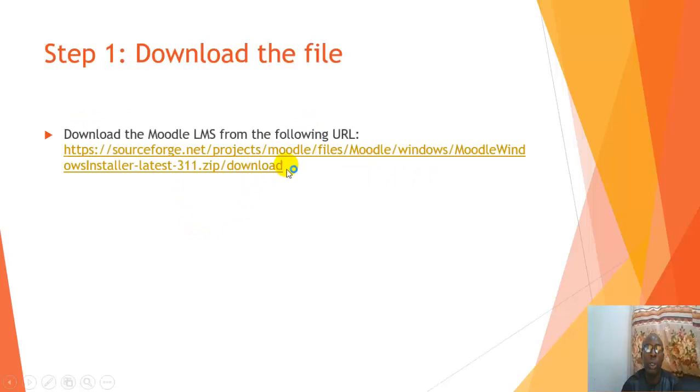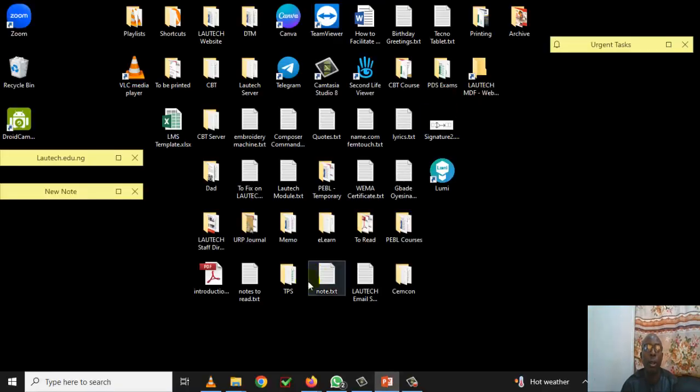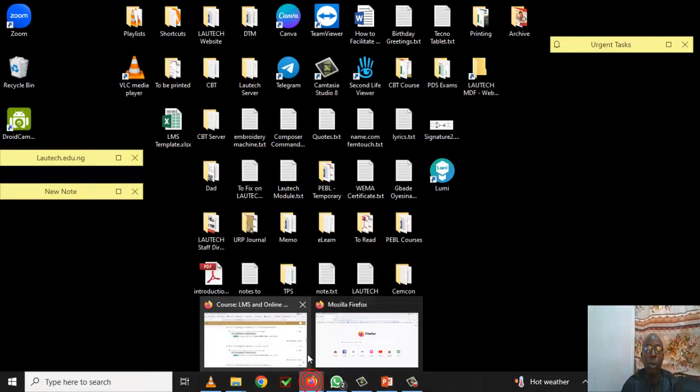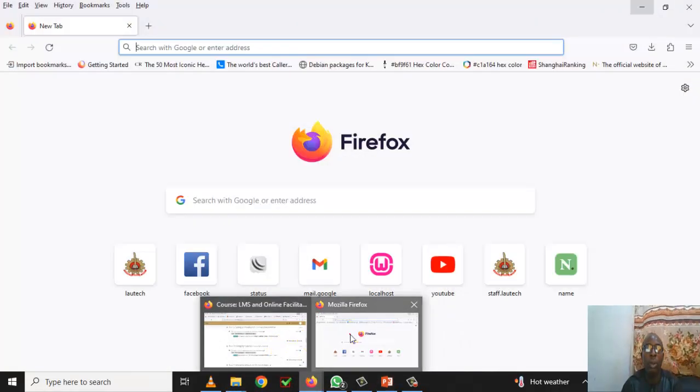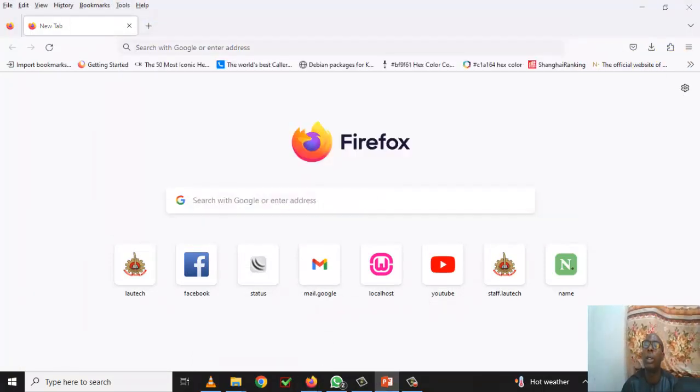Then, this is our source that we are downloading it from. Then we are going to extract it. Just follow me as I show you how to do it on my local system. So this is my local system. I'm going to download the software. I'm on the internet, so I can